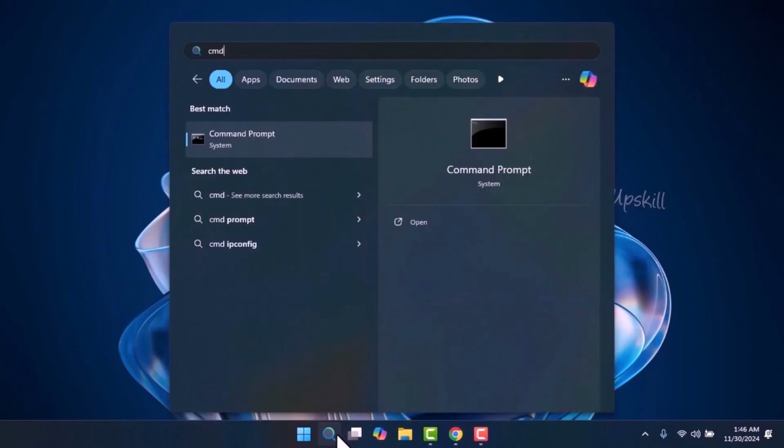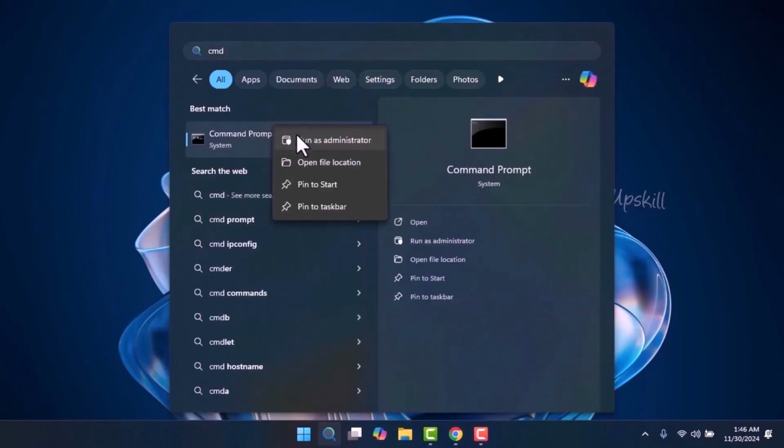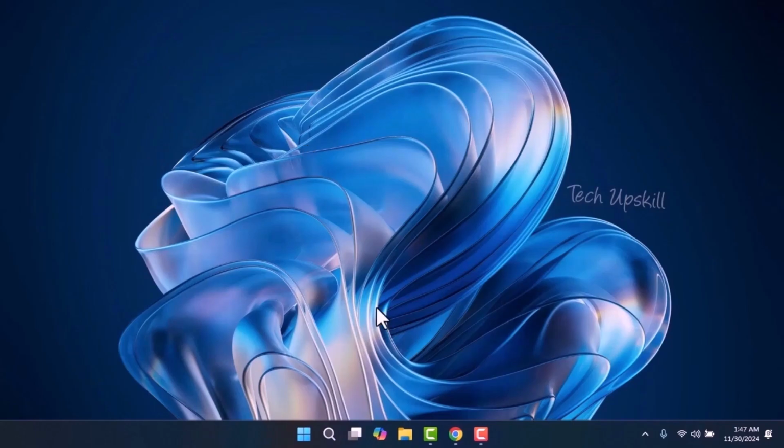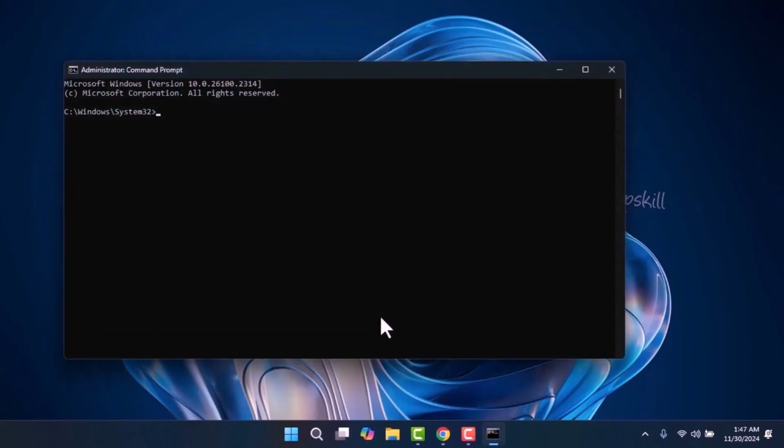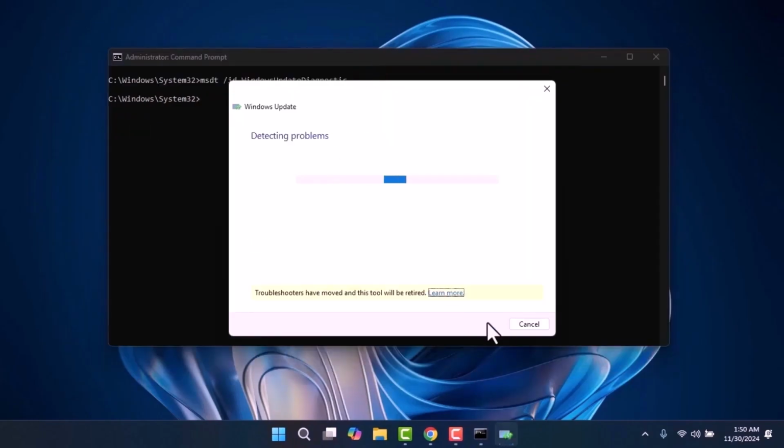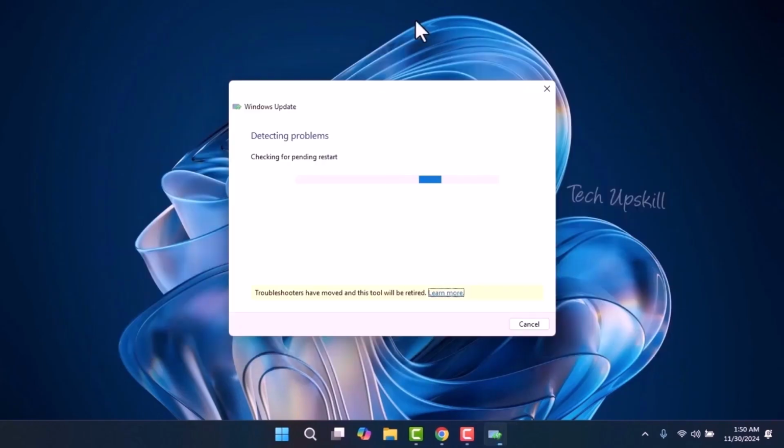Open Start menu and type CMD and run as administrator. Then write this command, msdt /id WindowsUpdateDiagnostic, which I will leave in the video description. Click Next to allow the system to automatically detect and fix any issues. Once the process is complete, restart your computer and try updating your PC again to check if the problem is